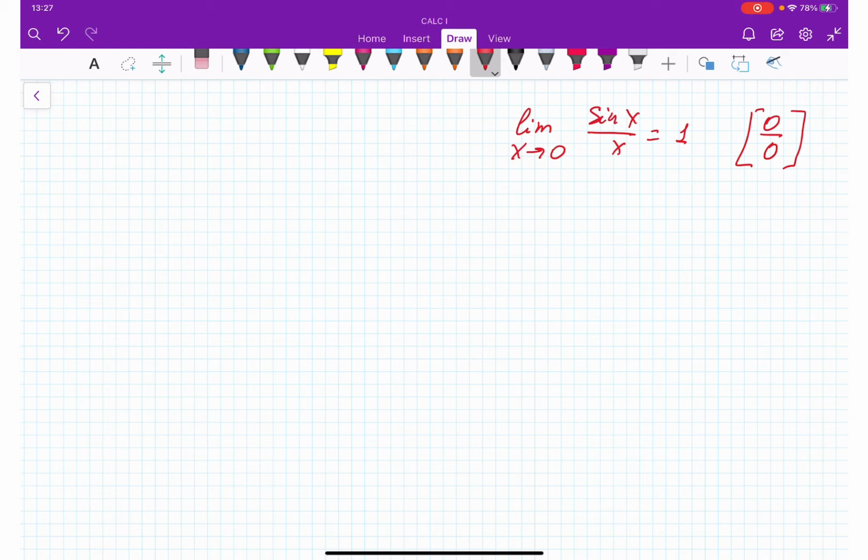The same way, I showed that the limit as x approaches 0 of x over sine x is also equal to 1. Okay, today we are going to discuss, in the same way, another important limit